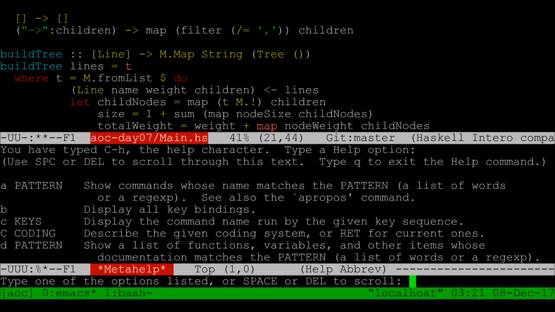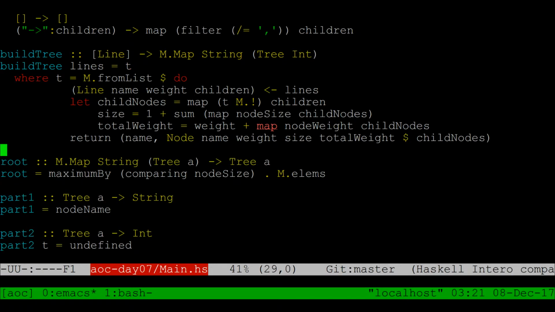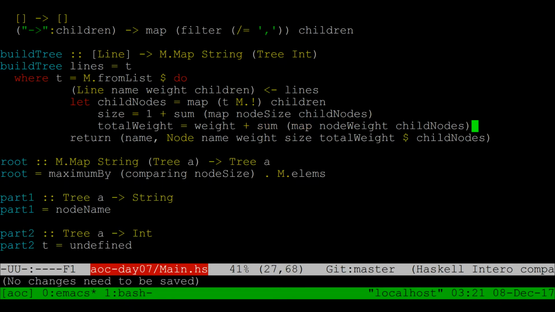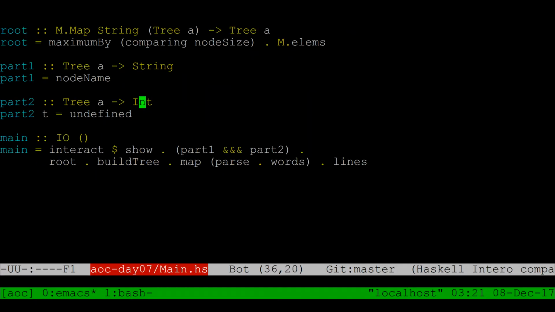Tree of int. Why are you upset here? Couldn't match. Oh, some of this, thank you. Okay, and so here I actually need a tree of int, though. So part 2 of t is, I guess,